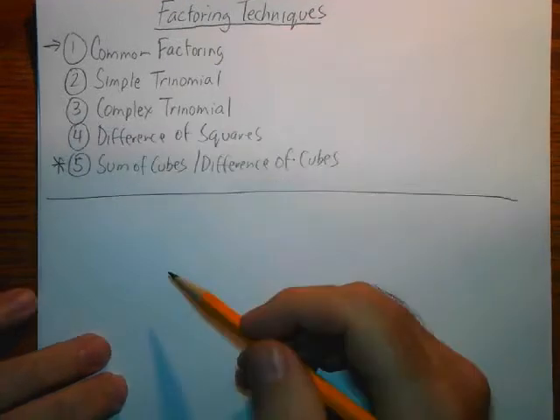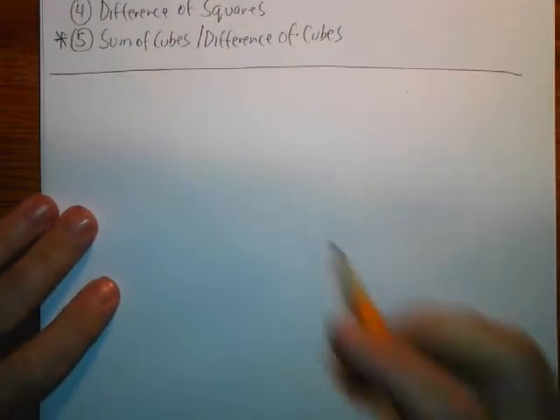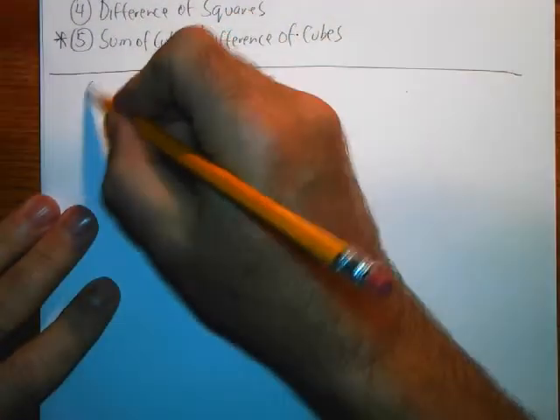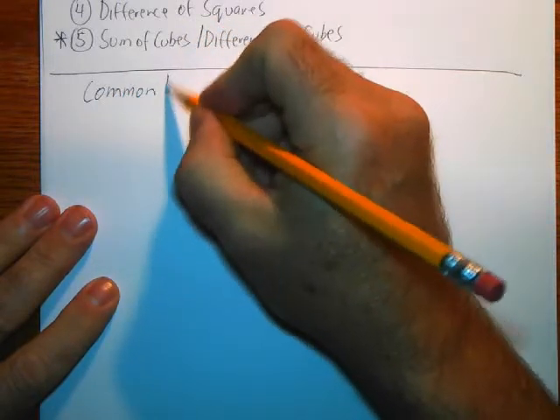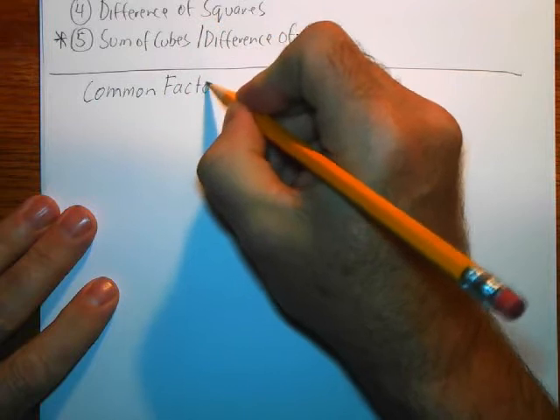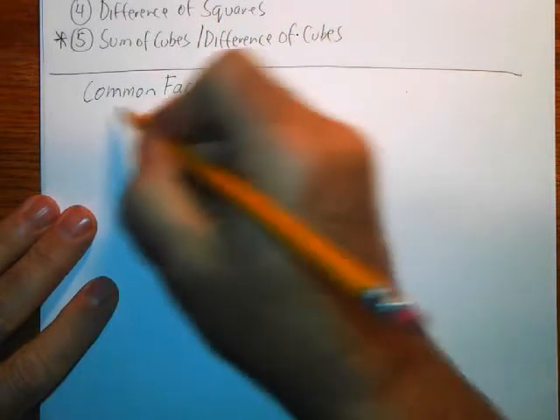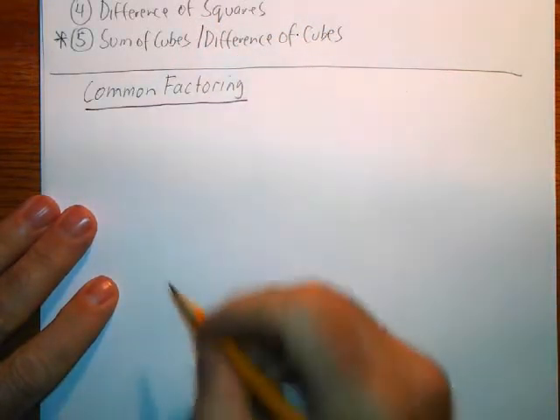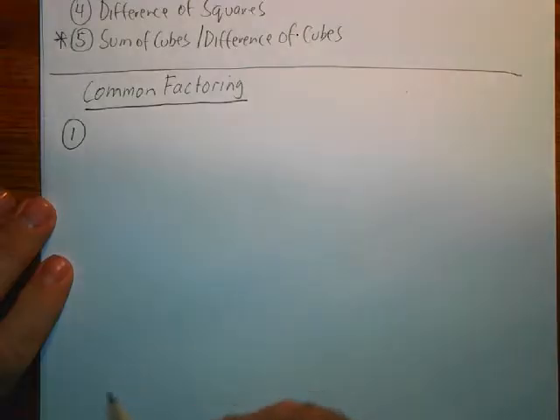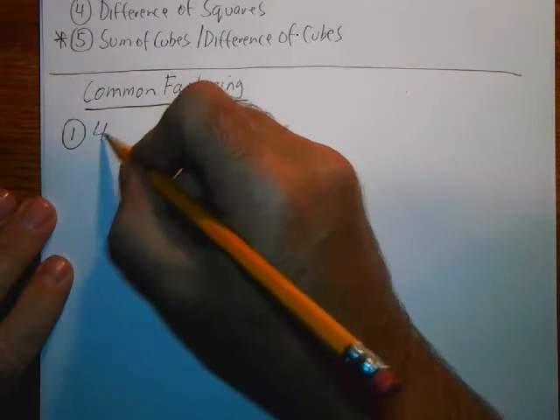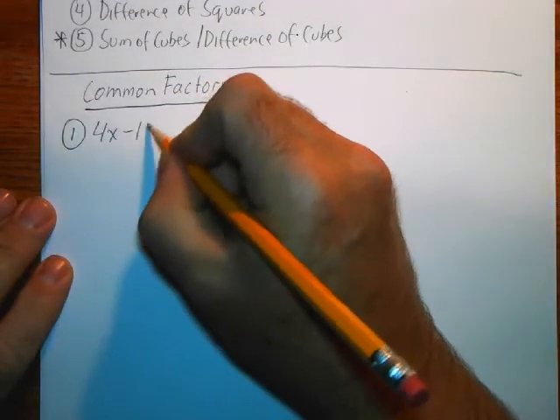Okay, so I'm going to start off with some common factoring questions. So this is always the first technique that you learned in grade 10, reviewed in grade 11. Okay, so I'll start off with something simple and work our way up. I'll just do 3 examples for this. So if I had 4x minus 16,